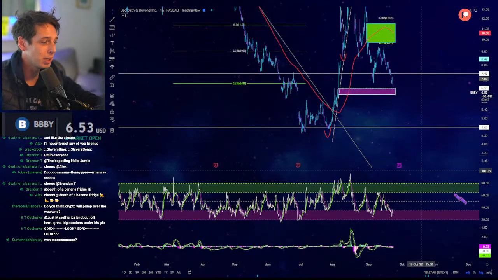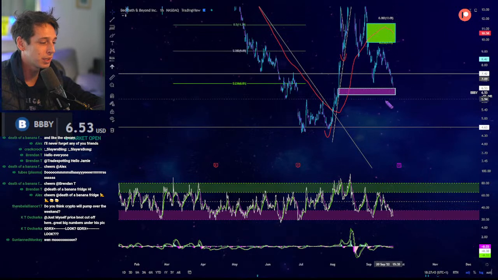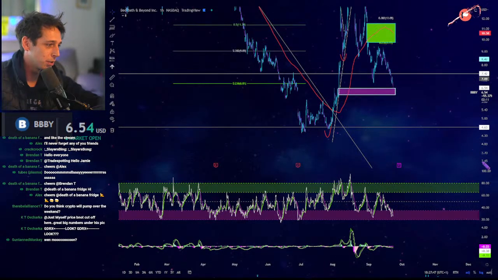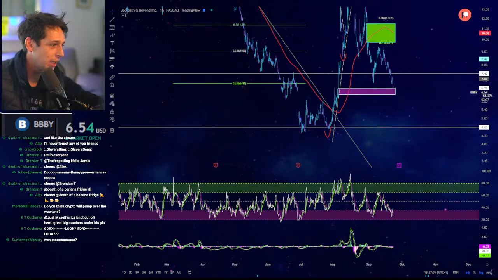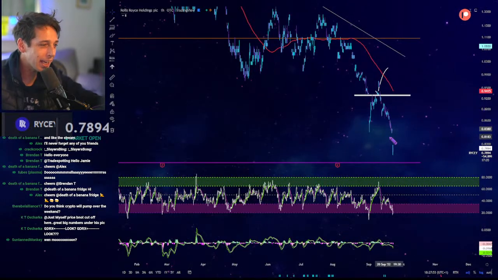And you're in this gap now, targeting that on BBBY 653. Come back to those areas. Touch a bullish divergence again. That'll be at it. Similar situation to AMC in that I don't even need to check the open interest. It just is. Right. And then RYCEY. Got a bit of a gap there.